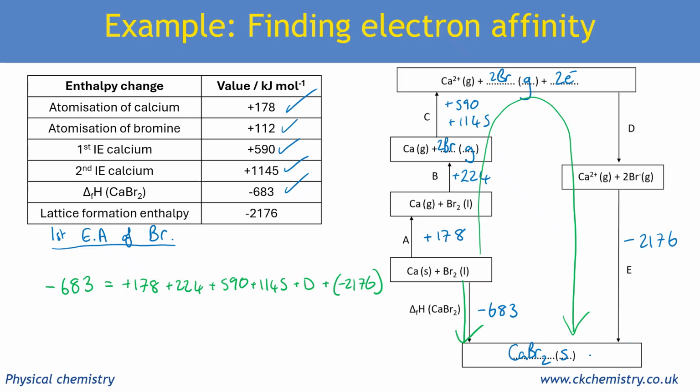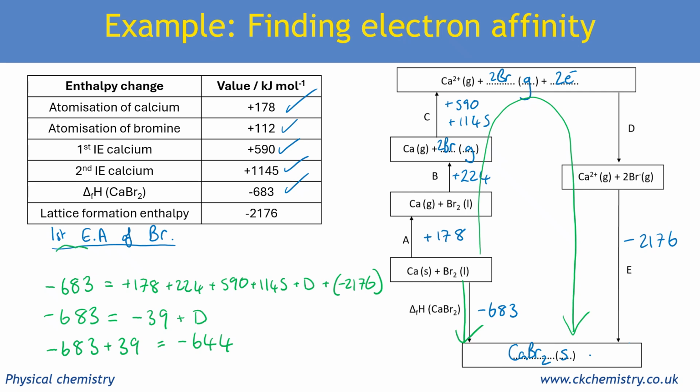Like we did before, I'm going to put D on its own and work everything else out. So minus 683, if I put all of the other stuff, 178, 224, 590, 1145, and minus 2176, I will get minus 39. It's a bit of an anticlimax, but that's because they almost all cancel out. Plus D. So minus 683 plus 39, or you can say minus 39, equals what D is, and that's minus 644. And then we need to be careful because the question is actually asking not what is arrow D, but